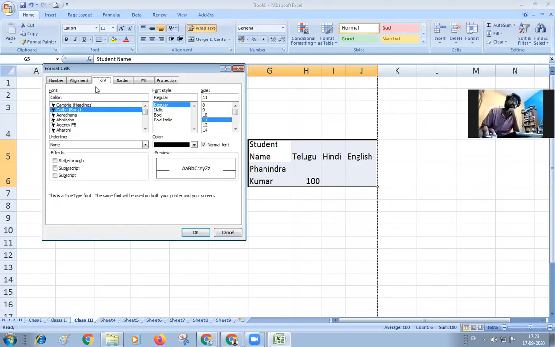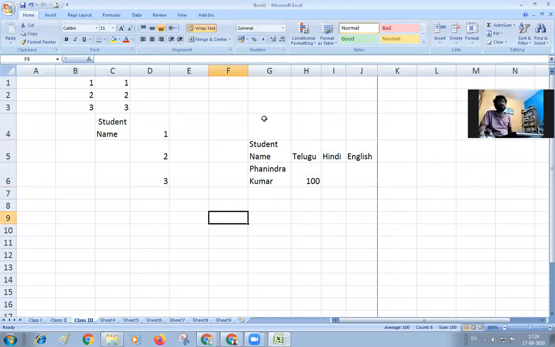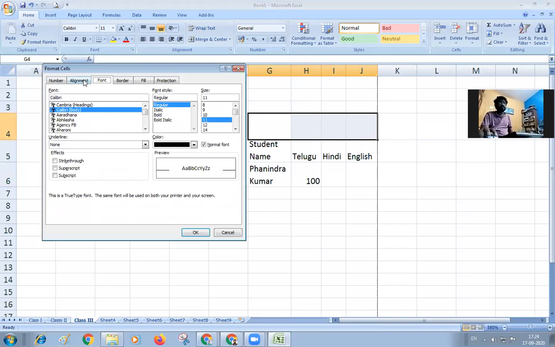And one more thing is merge cells. You can see this is information related to the students. Select all the column headings and click on this merge option. This merge option is here, and you can also get the same option in the alignment.